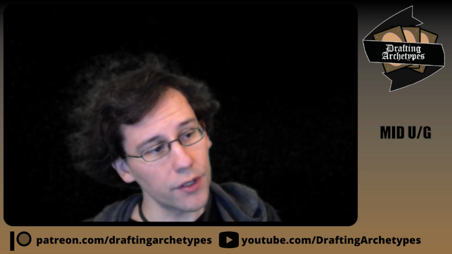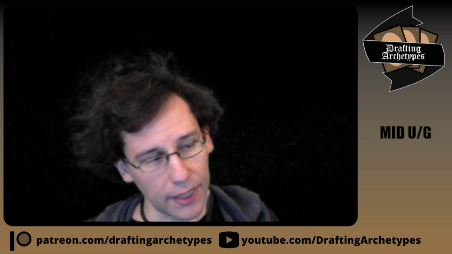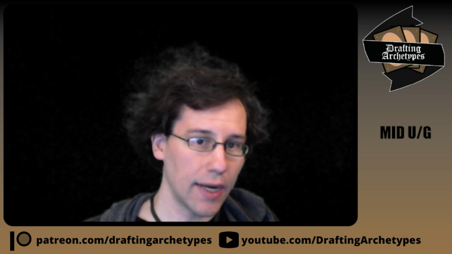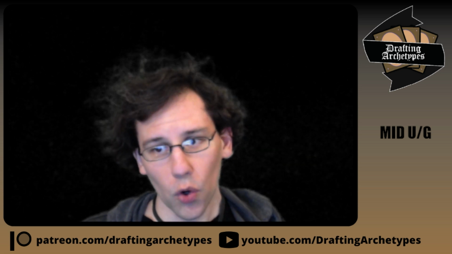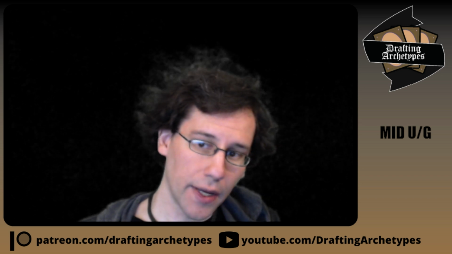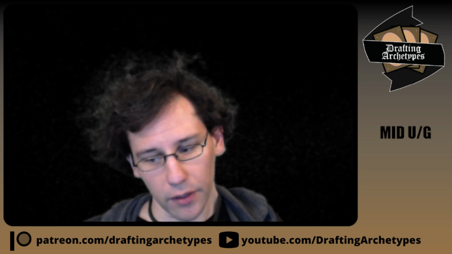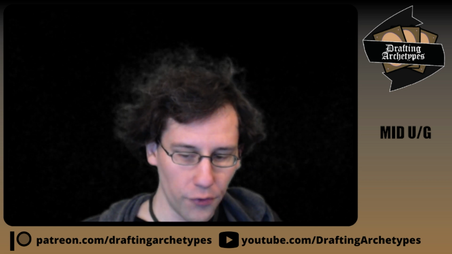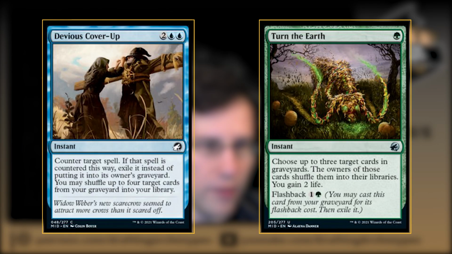And that can be combined into a ramp strategy or a general big mana strategy where you plan to cast more flashback stuff from your graveyard. Or it can be more like leaning into the green Coven stuff with blue tempo spells, a tempo aggro deck. Or you can even go further the other way and go, I'm going to self-mill, but it's not just for value, it's for deck loops. And I'm going to try to combine milling myself with some bombs and shuffling them back in with some combination of Devious Cover-Up or Turn the Earth. Get into the real grindy nonsense that I really enjoy playing but haven't found particularly effective